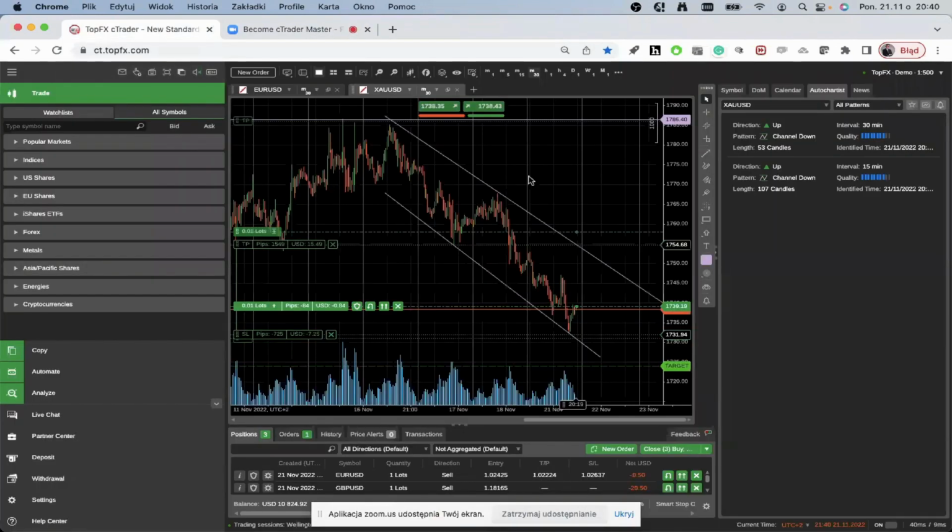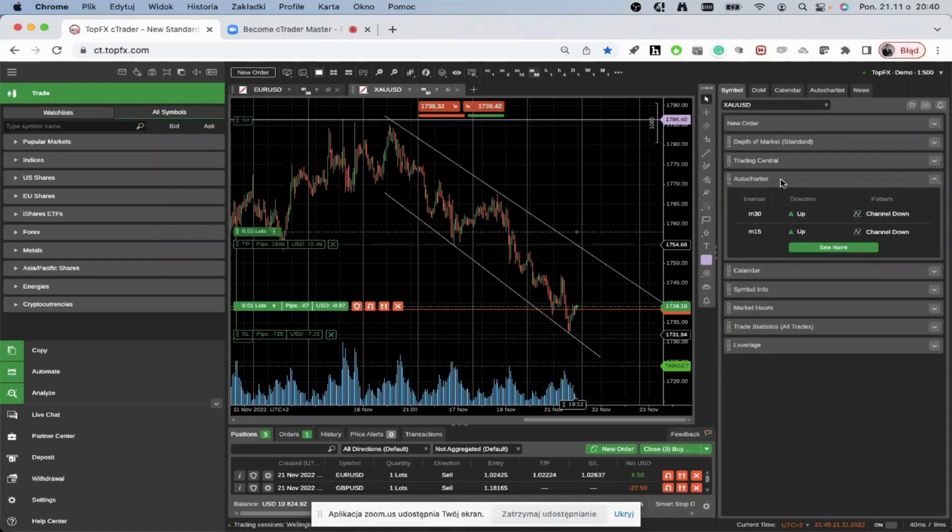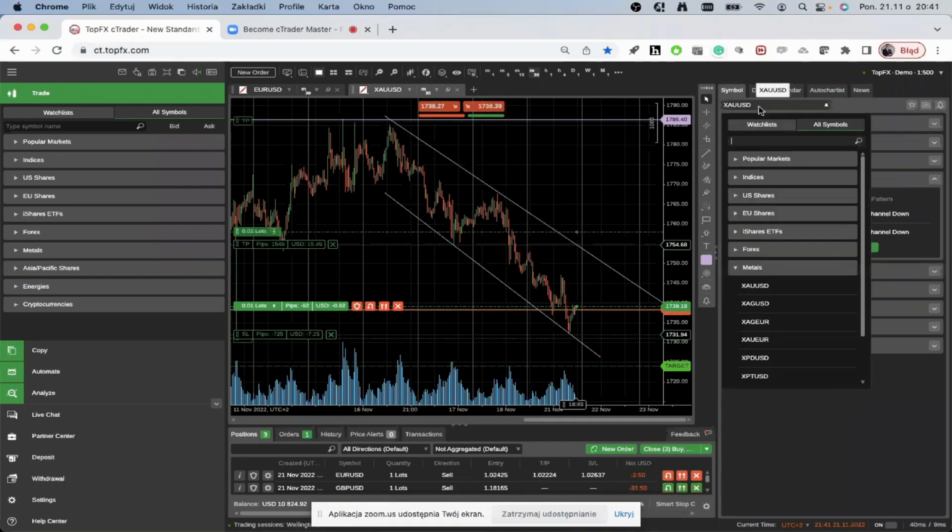So let me just guide you once again through what we've done here when we've been using the auto chartist. The auto chartist, as you can see, can be found here on the panel on the right hand side. This panel shows us depth of the market. We will talk later about trading central and symbol info and stuff like this. However, today we talk about the auto chartist, and our first market that we analyzed,